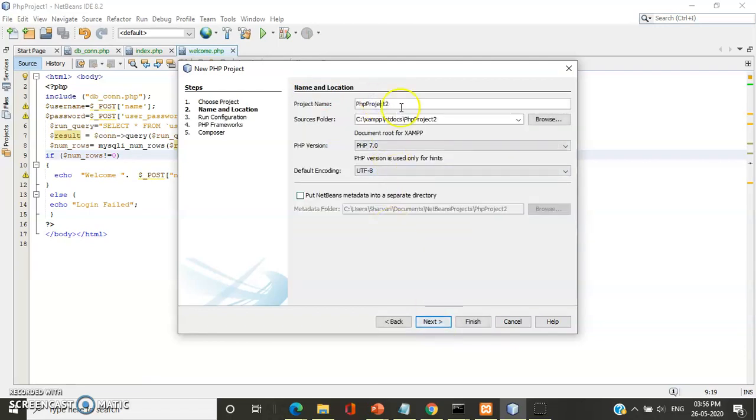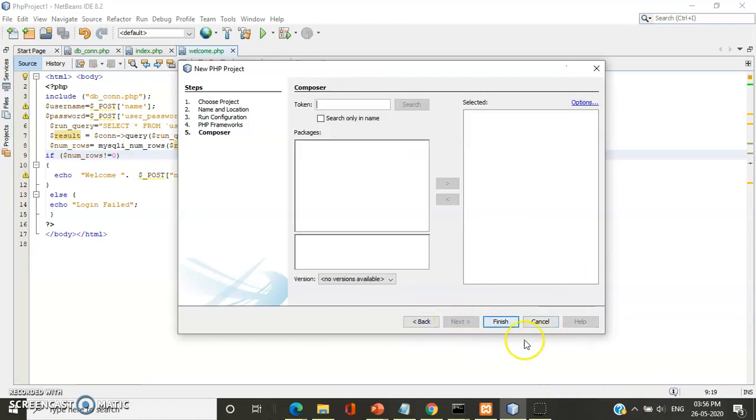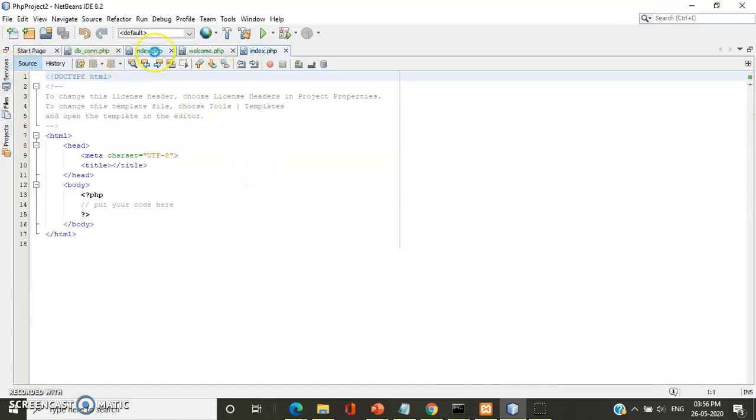Then you can write the name of the project and then finish. This will create a PHP project for you, and then you can start coding in that particular PHP project. Before that we will see just a demonstration.